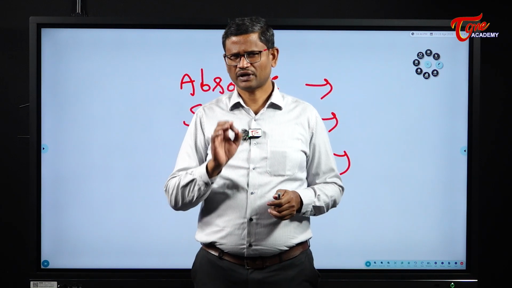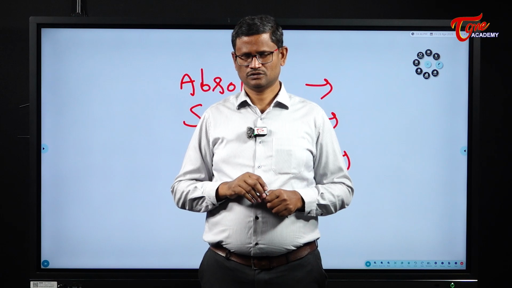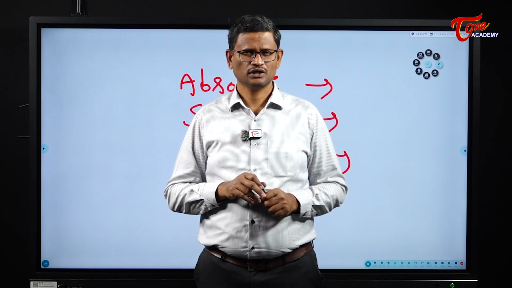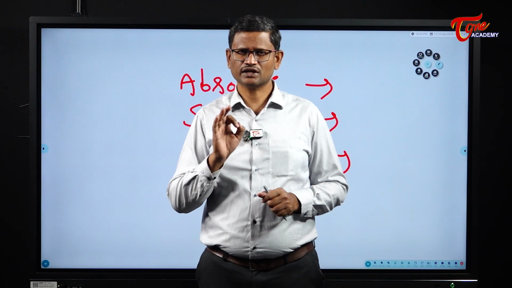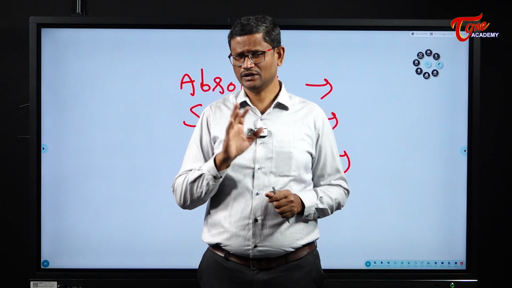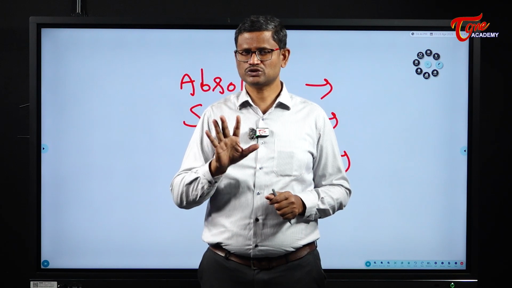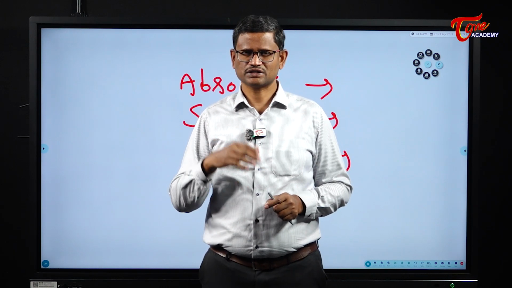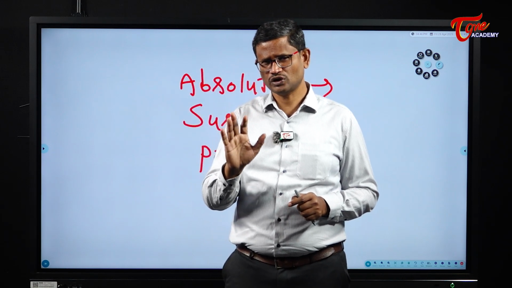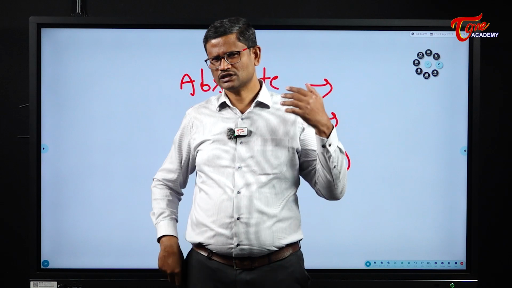So with respect to a private member bill, the Indian president has got absolute veto. Absolute veto means the president will say that I will not give assent to the bill. If the president withholds assent to any bill, then that is called absolute veto. In other words, the president can say no to a bill. So where is such absolute veto exercised?